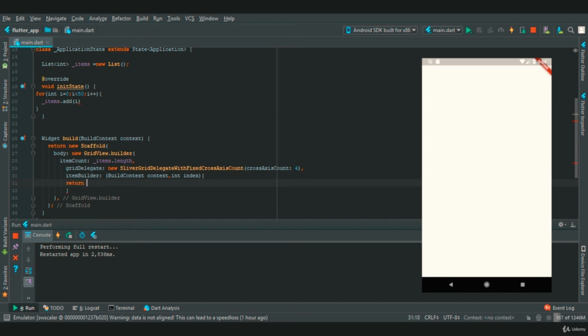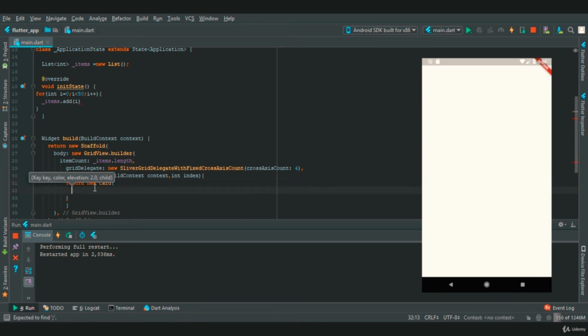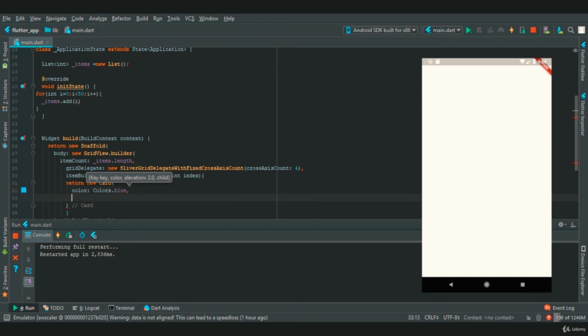So we will say return new, and we will create a card. So let's provide a color to a card as blue. Then we will create a child, and in this child we will provide padding. And the padding will be of 20.